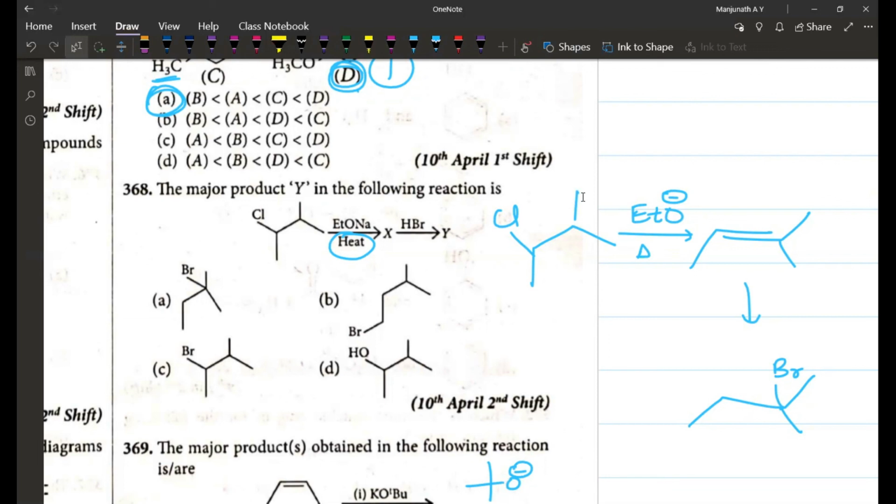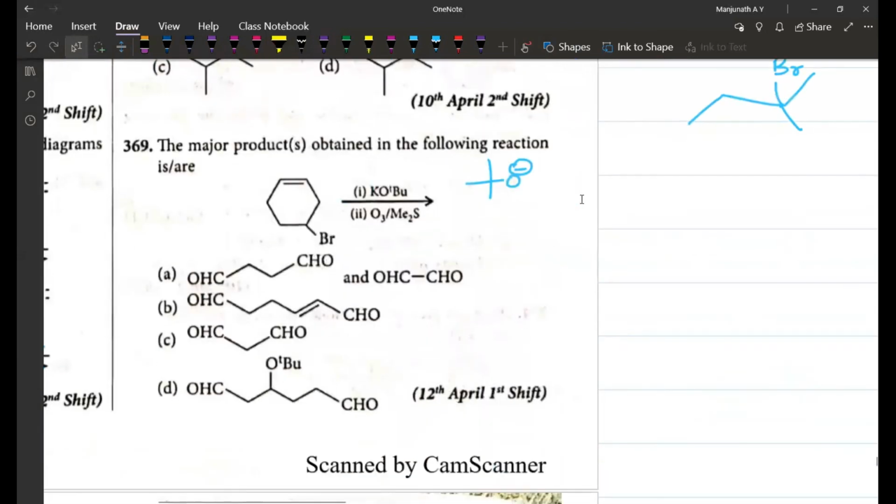Yes. Fine. So in 369, they have written KOtBu. That's actually potassium tertiary butoxide. So this is actually a good base. So what will happen? First elimination should happen. Elimination will result in formation of a conjugated double bond. Yeah, this you will get. Then you have to perform O3